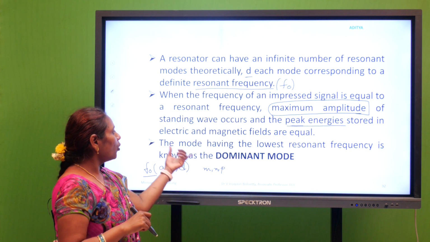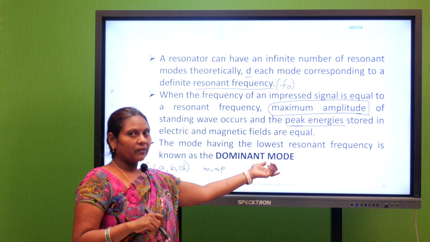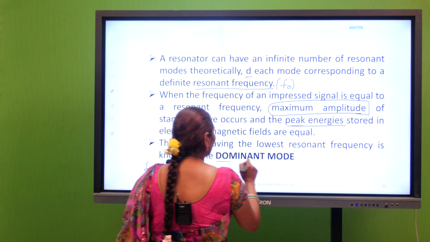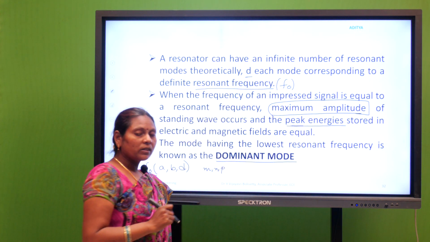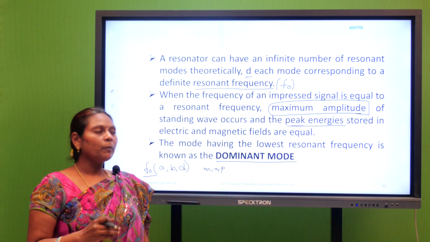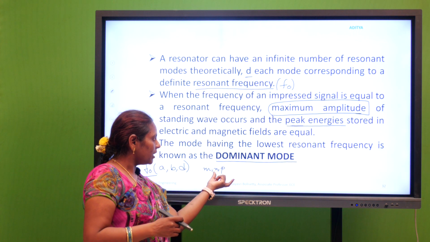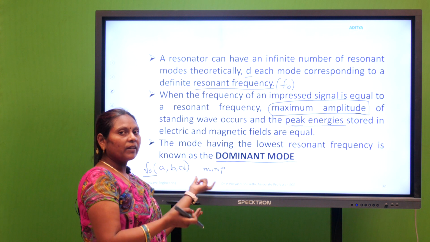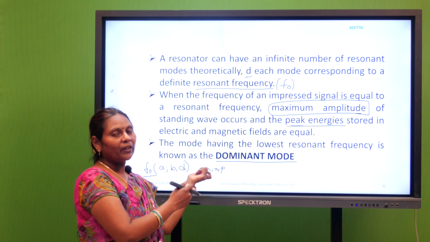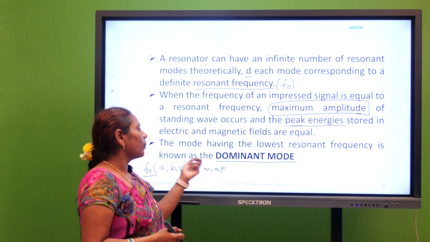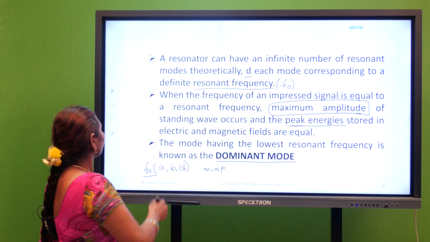Okay. So the mode having the lowest resonant frequency, we call that particular mode the dominant mode. So we have also defined what the dominant mode is here. That means if we calculate the resonant frequency based on all these parameters, the mode for which the resonant frequency is the lowest, we call that particular mode the dominant mode. Okay. Now